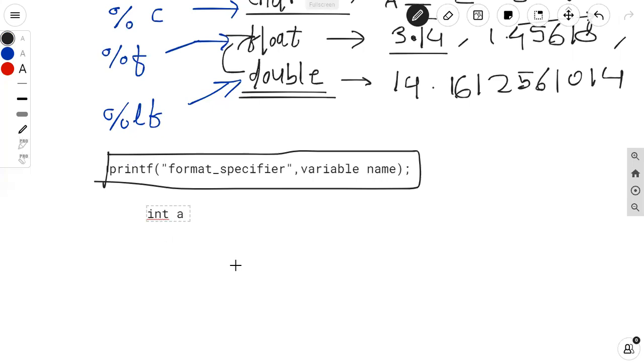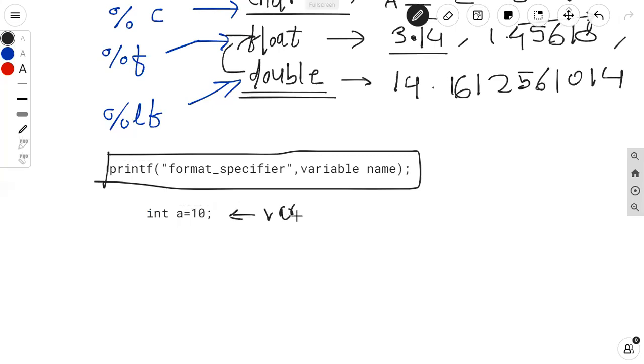Suppose I am giving the name for the integer variable as a, and I'm assigning a value to this a as 10. Okay, so integer a is the name of the variable, 10 is the value of the variable, and int is the data type of the variable a. So this a is the variable.